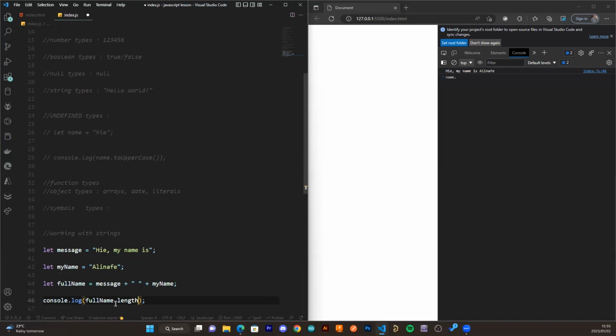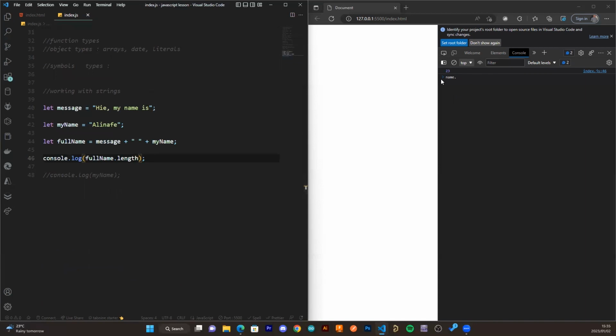I'll share the JavaScript documentation with you so you can play around with these methods. There are a lot of them to ease your work. They don't complicate things much, but they ease your work in JavaScript. So you can press Ctrl S, and you can see I do have 23 letters in my statement,